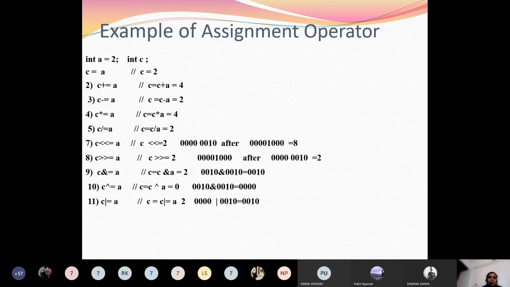Okay. Now the AND operation, C and A. The value of C is 2, the value of A is also 2. The AND operation of 2 with 2 is 2. Like this way, 0 0 1 0 and with 0 0 1 0 is 0 0 1 0. C or A, okay, so what is the answer? No, it is XOR. C XOR A, that is 0 0 1 0 and 0 0 1 0. All the bits are same, so the answer will be 0. Now the answer of C is 0. 0 or with A, so 0 or with 2 becomes 2.